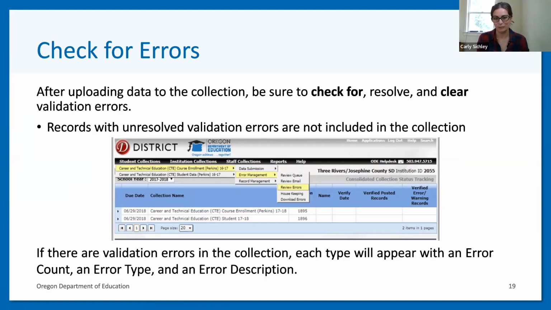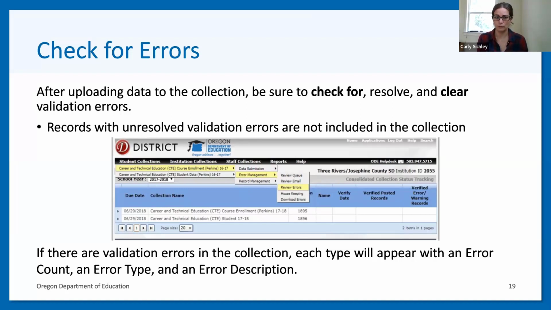There are oftentimes lots of errors that people have to go through and adjust before they're able to finalize the data that they have submitted to us. So it's important to check for errors after you've uploaded your data. You want to check for, resolve, and make sure you've cleared all of those errors.